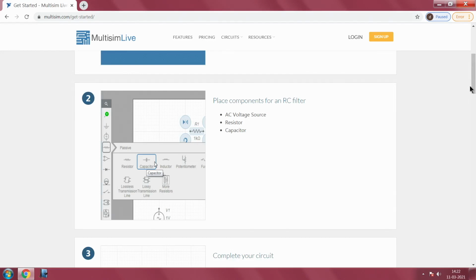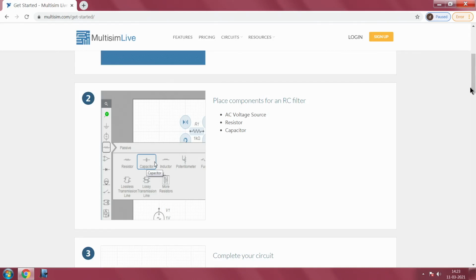Say if you want to realize a simple RC circuit or a simple resistive divider network, you have to place the passive components like resistors and capacitors. Along with that, you also have to add a voltage source and the ground, and all these components will be available in the database. Just select the proper component required to realize your circuit and drag and drop